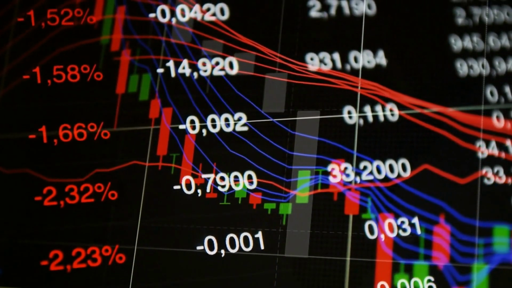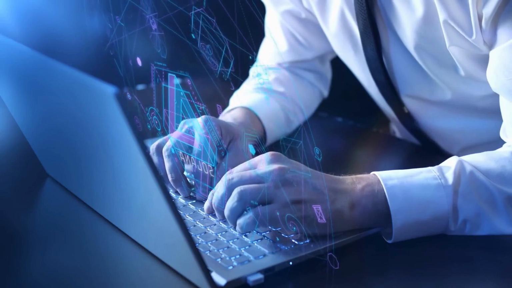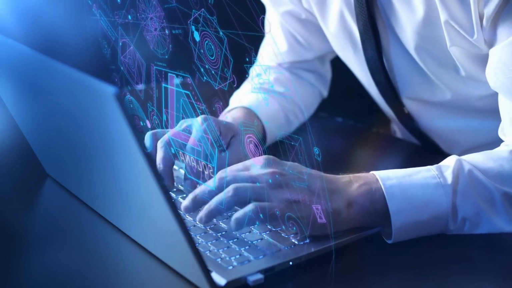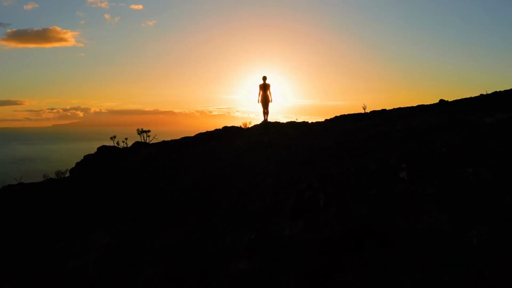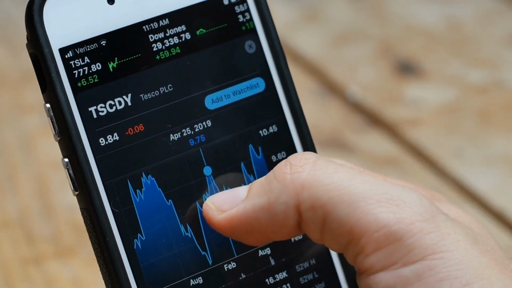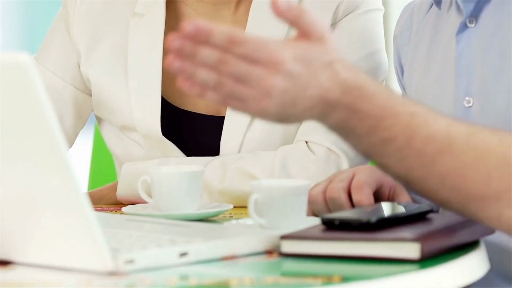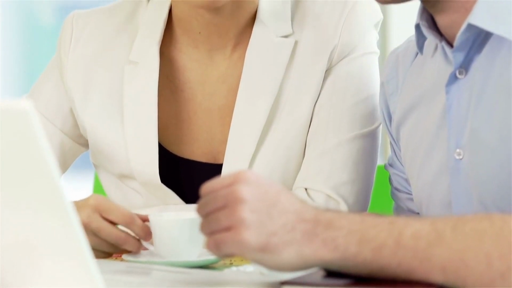Investing in the stock market, real estate, or any other asset class has traditionally been a time-consuming and expensive endeavor. However, with the rise of online investment platforms, it has become easier than ever to invest in a variety of opportunities from the comfort of your own home. We will explore the world of online investment, including different investment opportunities, associated risks, and strategies to make money.